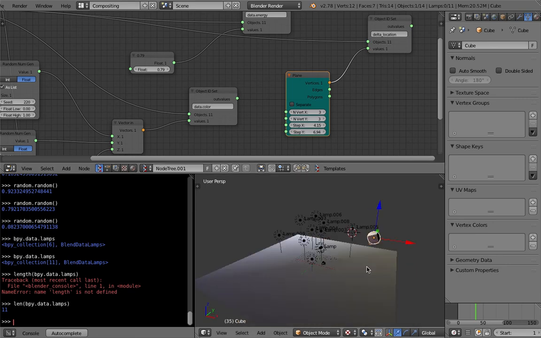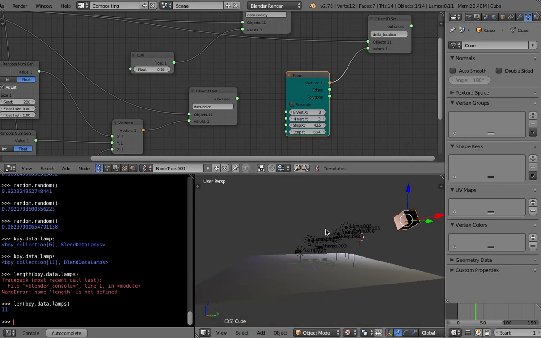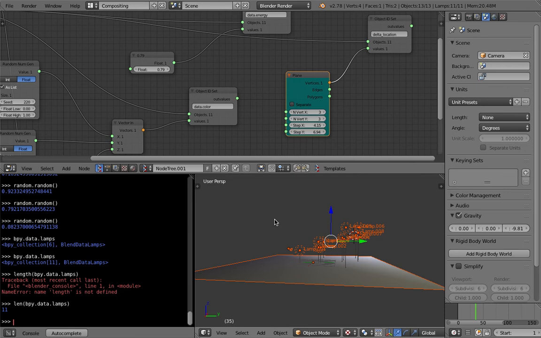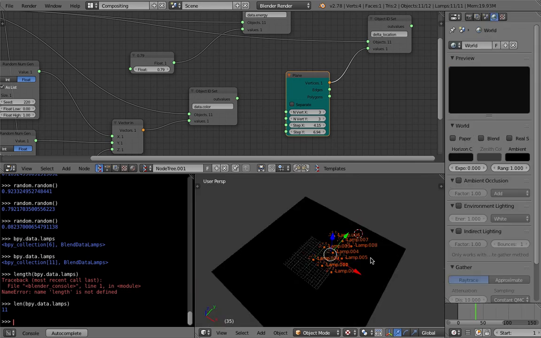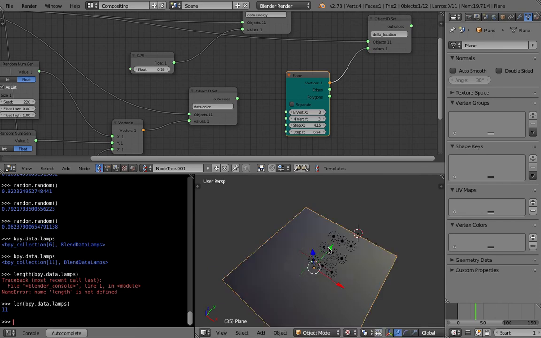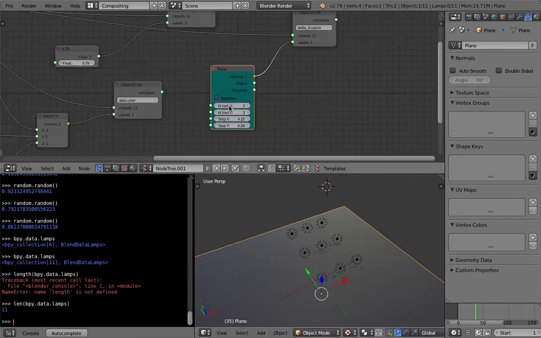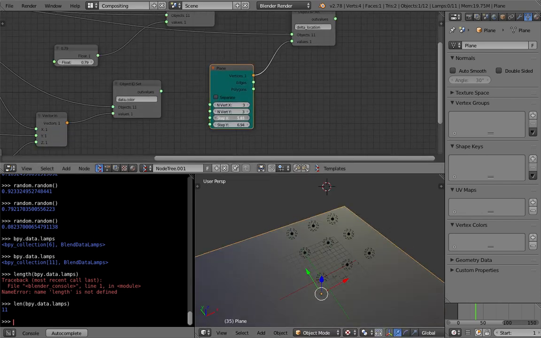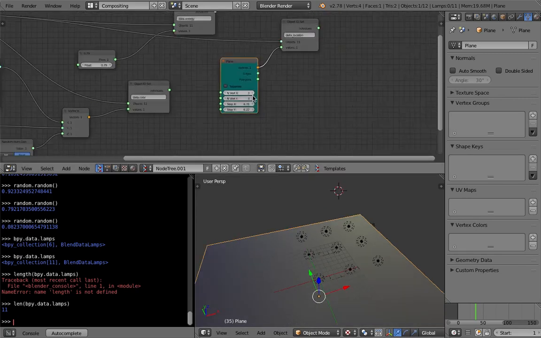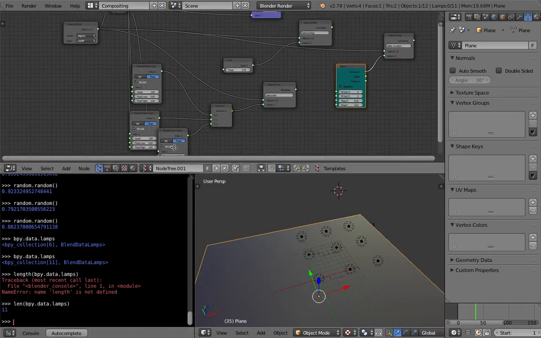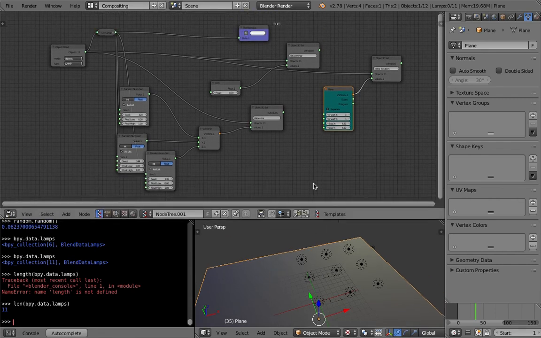So apparently the lamp is not in the 000 position, so I need to reset all the positions of the lamp, and now they are in the grid. So I'm controlling it using this grid plane vector. It's just like the same thing as when you're doing it using animation nodes, except that you're using